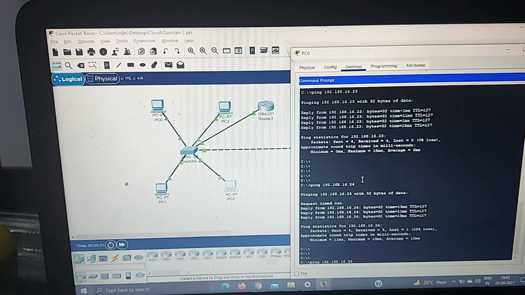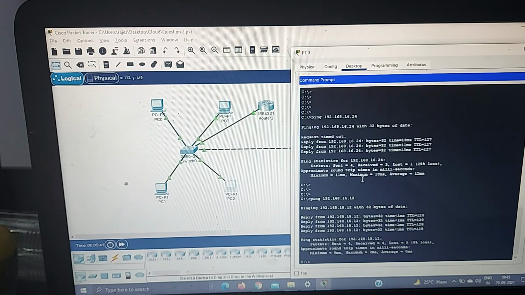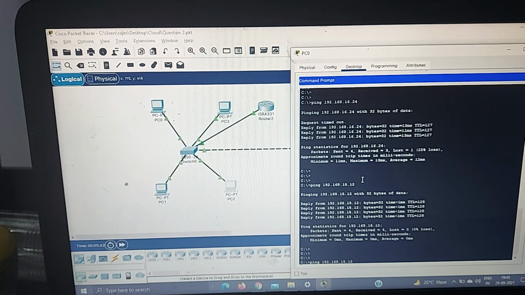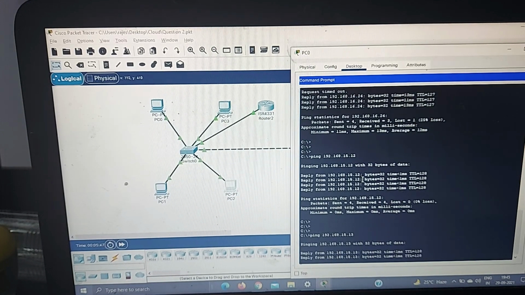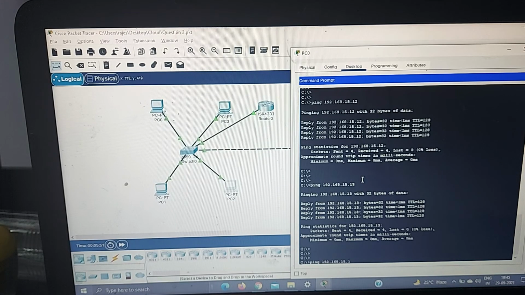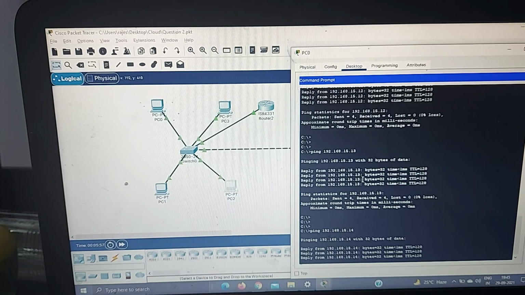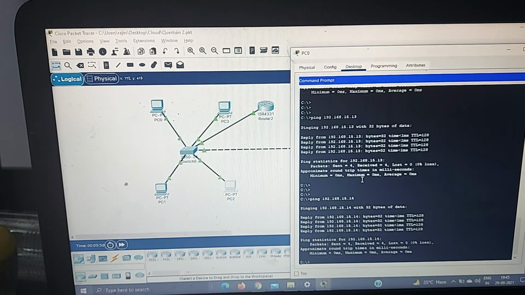I also want to check whether I am able to ping within the same VLAN like earlier. So I will try to ping 12. Smooth, I am able to ping it. The VLAN 10 node on another switch, I will try to ping that. It's again smooth. And the last node, which is also on the second switch but belongs to VLAN 10, is smooth, able to access.